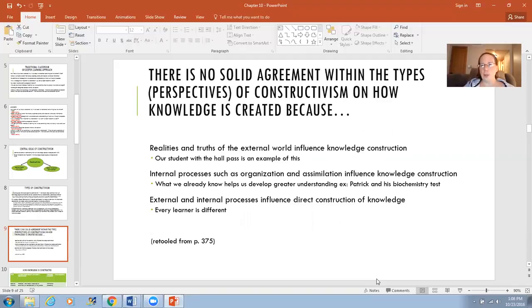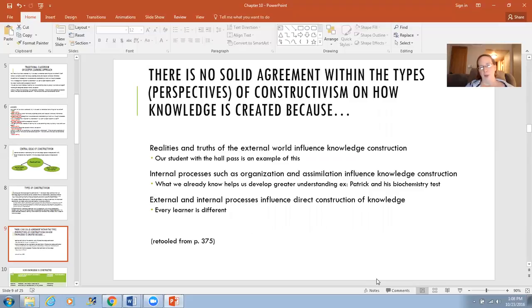he's so interested in it. He already knows a lot about this topic. So it wasn't that the professor did a great job, it was that Patrick already had the knowledge. So what we already know helps us develop a greater understanding. So the fact that he had this great, vast prior knowledge and experience to draw on made it really easy for him to learn the new material. Okay, and then the last